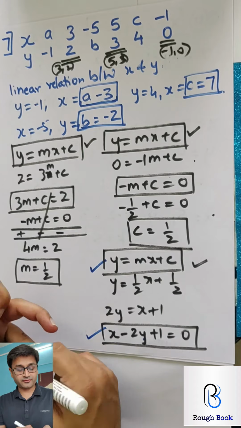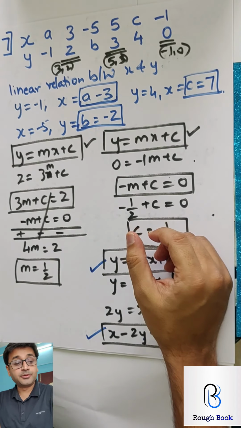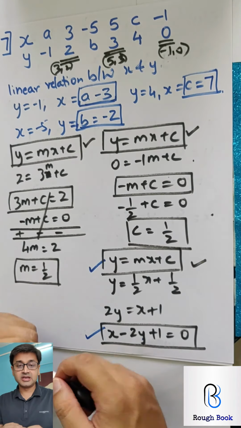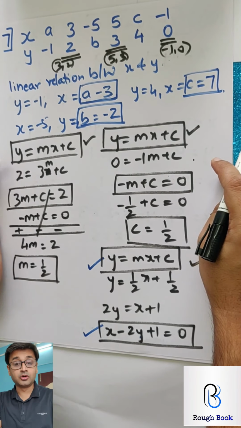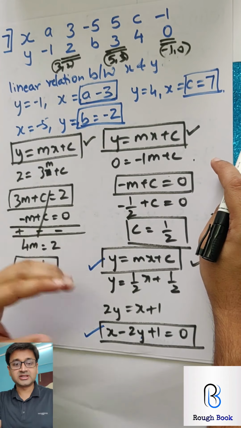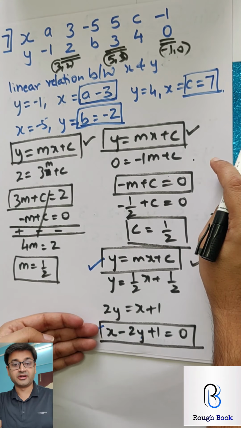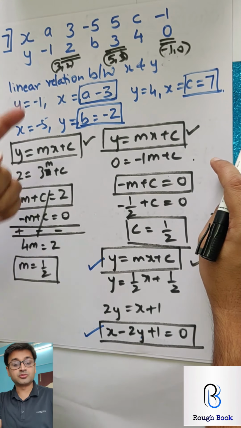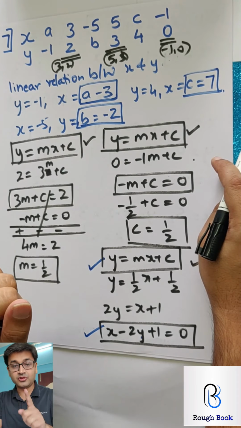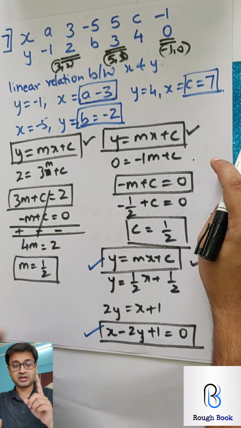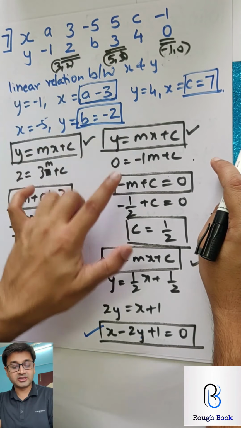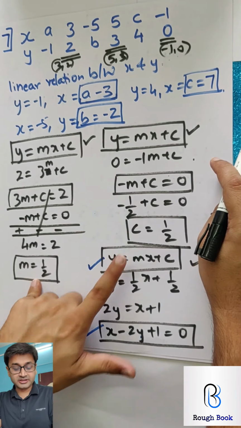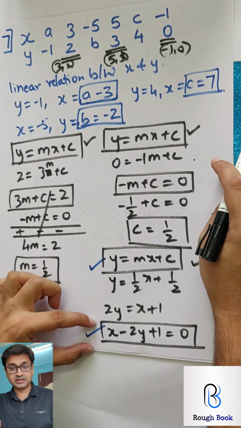Most important question from exam point of view, and it appears for 5 valuable marks. 99% most of the schools use this. Why? Because it is a really good question. It helps us to understand how the equations are generated. Till now from equations we got points. First time we used points to get equations. So summing up, first thing, y equals mx plus c, you're going to use it twice. Once you get m and c, substitute it back over here and get the equation.